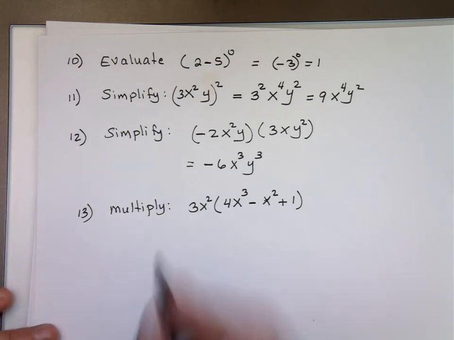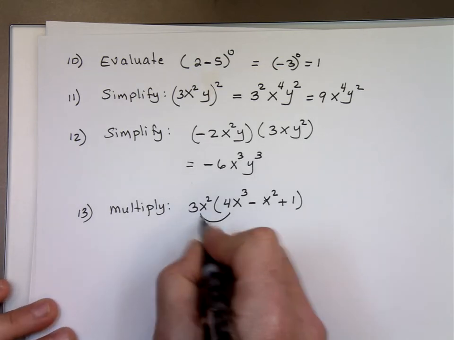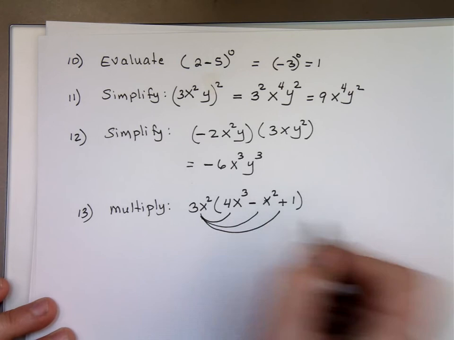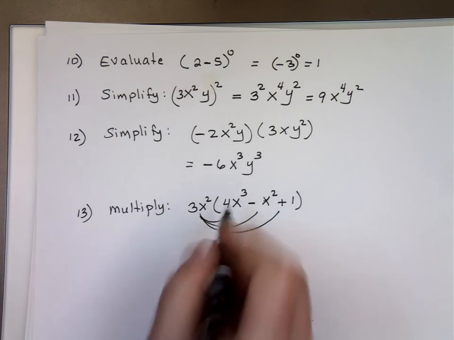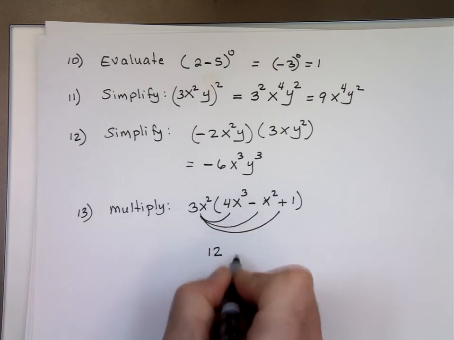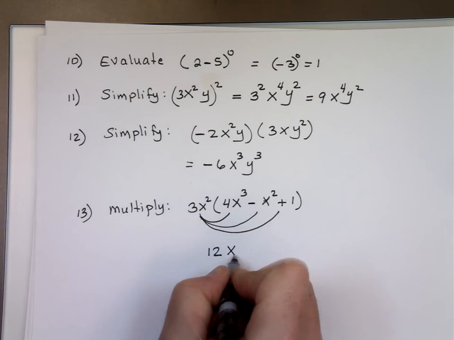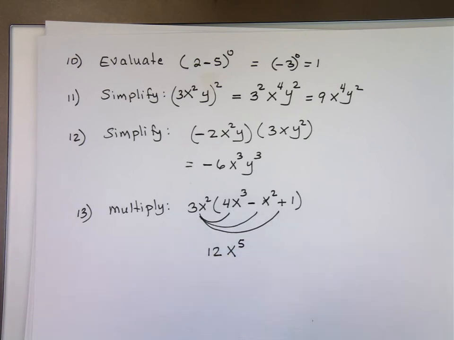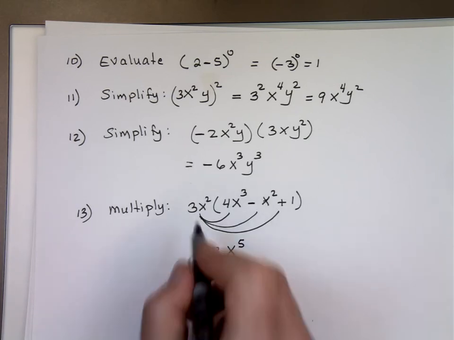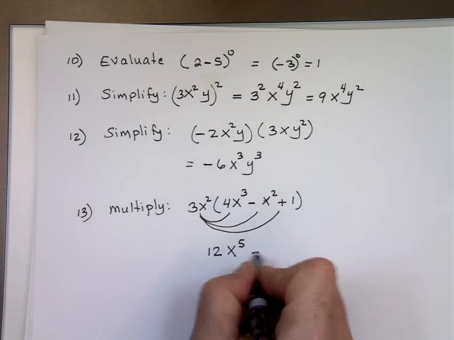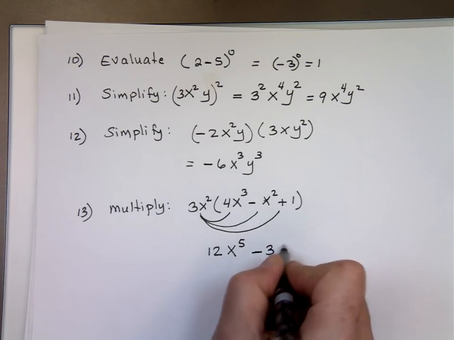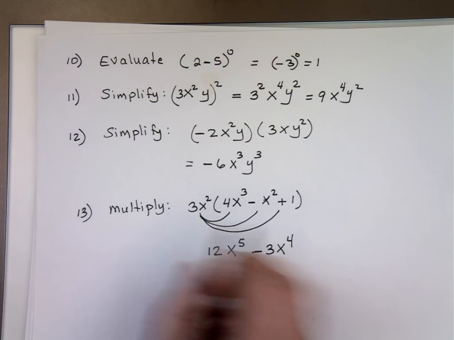Let's multiply that. 3 times 4, 12x to what power? 5. Yep, add the exponent. 3 times a minus 1, x to the 4th. And 3x squared times 1,